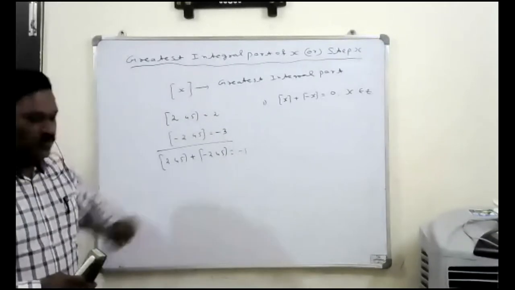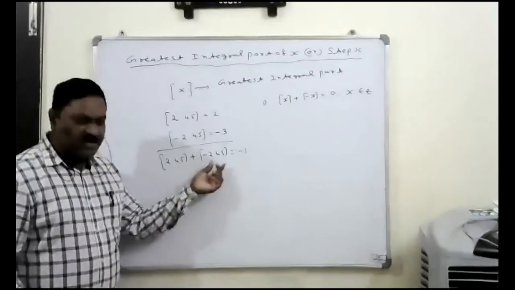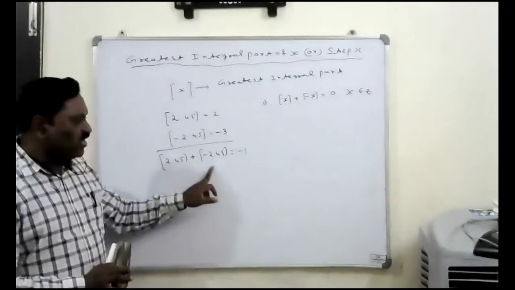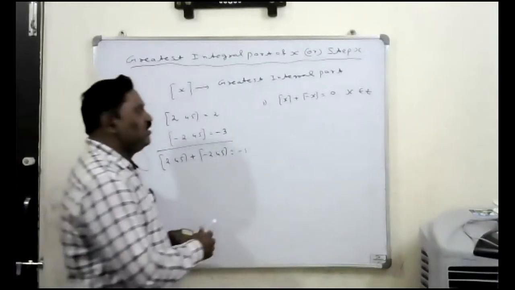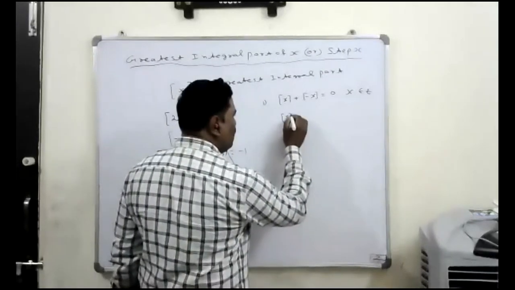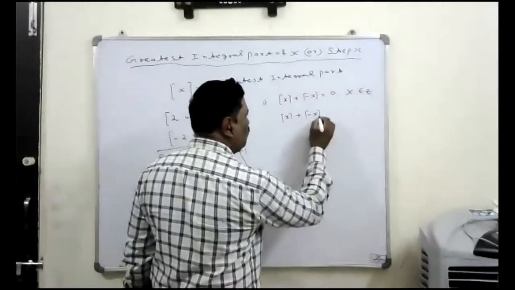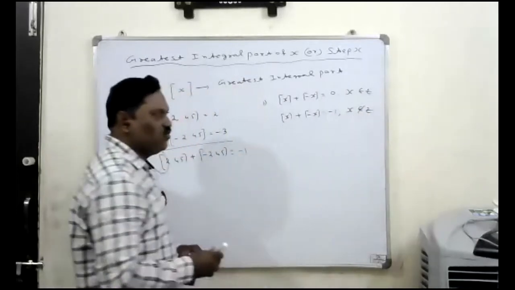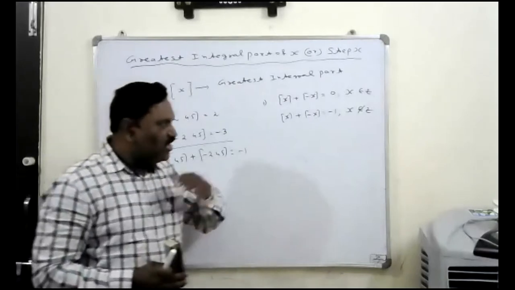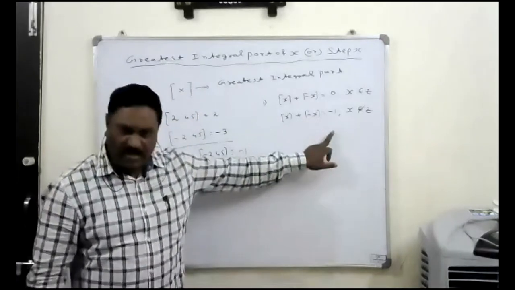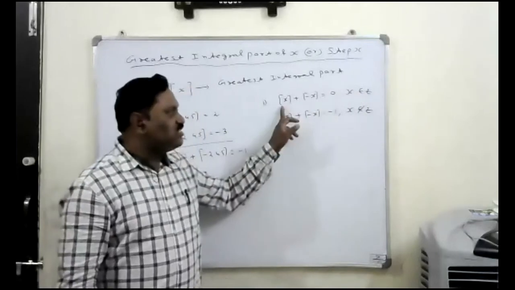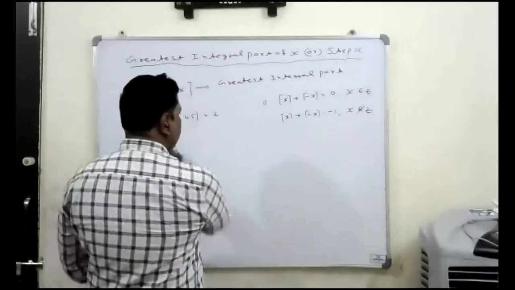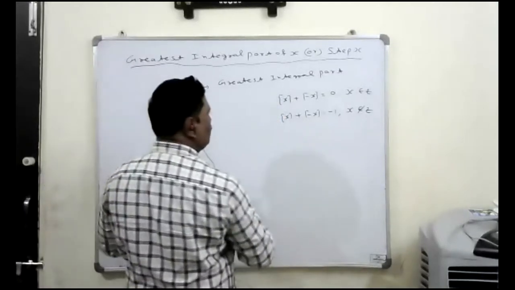मतलब 2.45 which is not an integer ना, ये वैल्यू इंटीजर नहीं तो तब ये समेशन क्या हो गया? -1. That's why this is integral part of the x plus integral part of the minus x value होता -1 if x is not an integer. This is the point we have to remember. When x is not an integer, then this summation is equal to -1. If x is an integer, this summation always is equal to 0. Okay, write on this note.